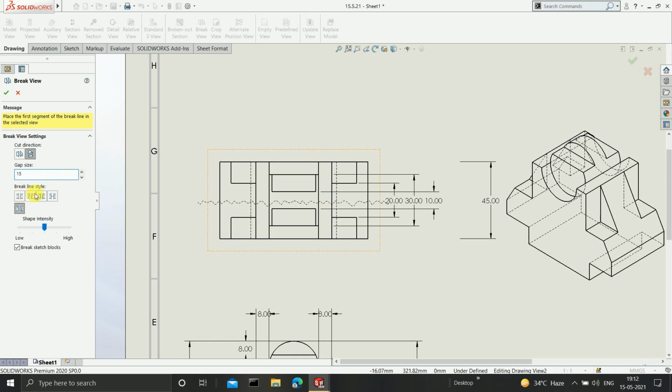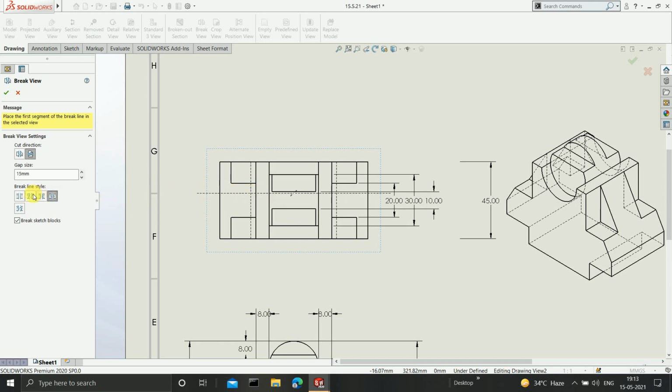Now here you have the break line style option available as well. Suppose if I select straight, then you are getting a straight line. Can you see? Suppose if I select the curve cut, then you are getting the curve cut option available. Suppose if I select the zigzag cut, you are getting zigzag cut, and similarly here you have the small zigzag cut as well.